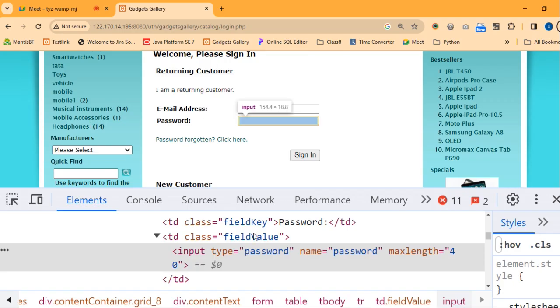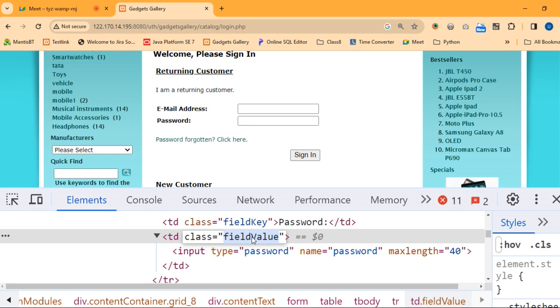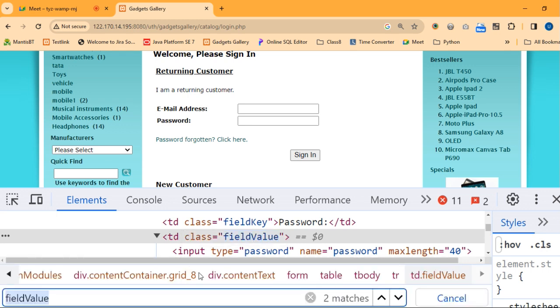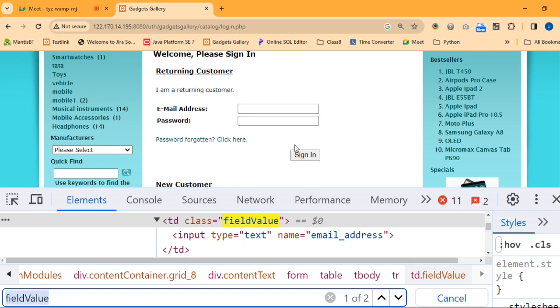So let me just copy this field value. I'll say copy, Control C, and then Control F. Control F is for finding. So with Control F, you can see there are two matches. One is over here, this is one, and this is another field value. So both the text boxes have the class field value,